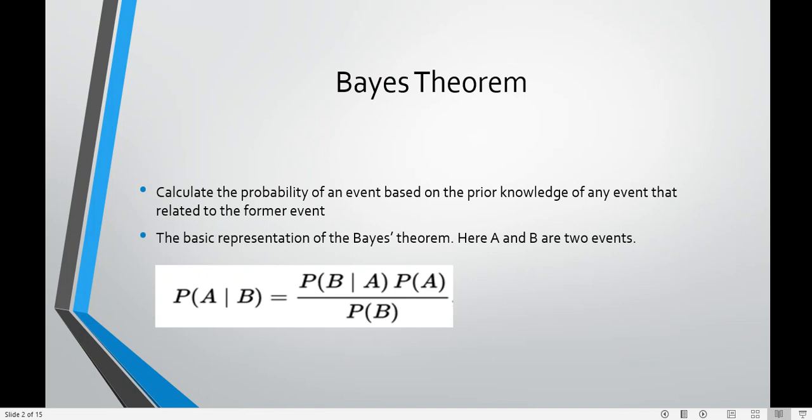The Bayes theorem says that the probability of an event based on the presence of another event is decided by this calculation. If A and B are two events, then the probability of the event A given B is equal to the probability of event B given A multiplied by the probability of event A, and then divided by the probability of event B. This theorem is known as Bayes theorem, and the naive-Bayes algorithm is based on this theorem only.